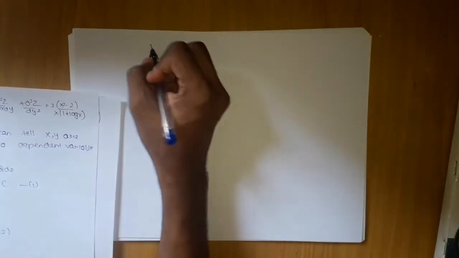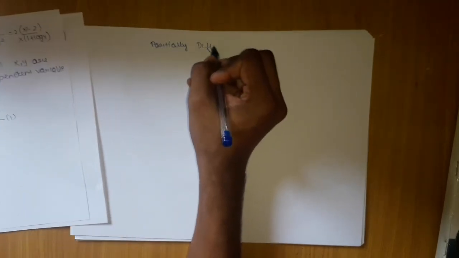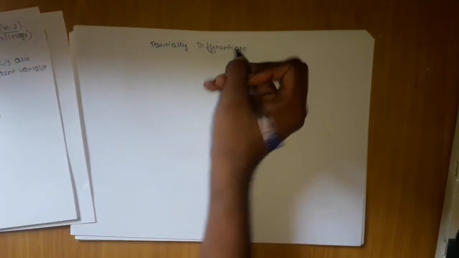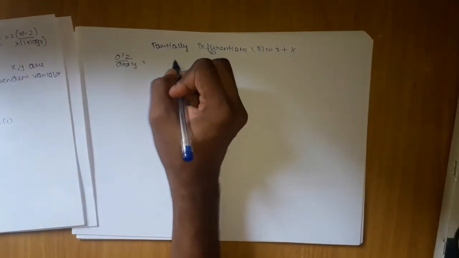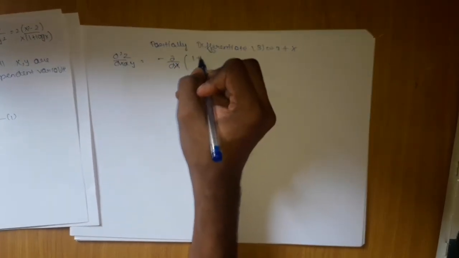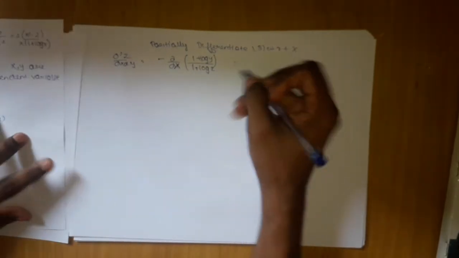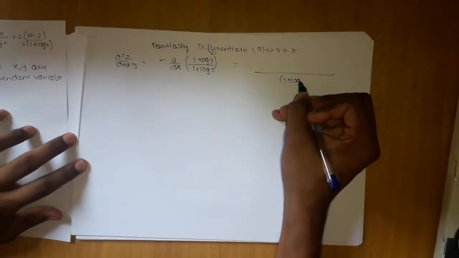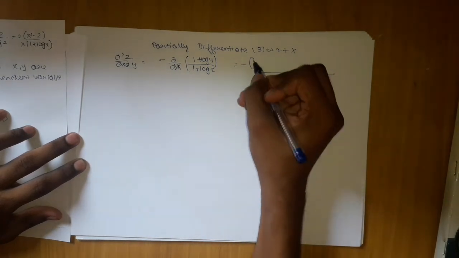Now our next job is to partially differentiate equation 3 with respect to x and y. So partially differentiate 3 with respect to x, which gives me ∂²z/∂x∂y, which will be nothing but ∂/∂x of minus (1 plus log y) upon (1 plus log z) the whole square. If you simplify, you are going to get (1 plus log z) the whole square minus, outside, what you can see here, (1 plus log z)